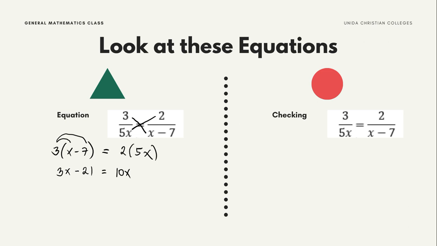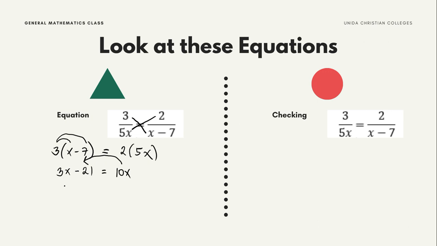So, paano po tayo magko-combine like terms kung yung same nating terms ay hindi pa magkakasama? So, make sure na sila ay magkakasama na sa iisang side. Okay, kung makikita natin, meron tayo dito ang degree ay 1 or exponent ay 1 na dalawa. Si 3x tsaka si 10x. So, dapat sila ay magkatabi or magkasama sa iisang side. So, ano yung term na gagamitin natin para mapagsama natin sila? We will